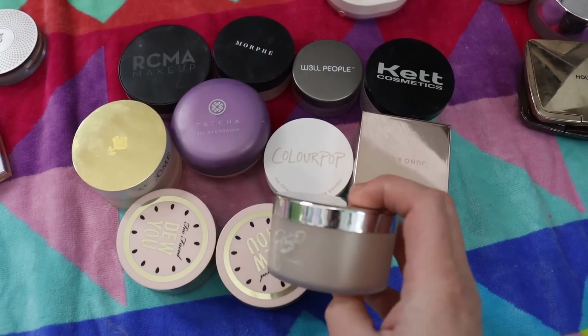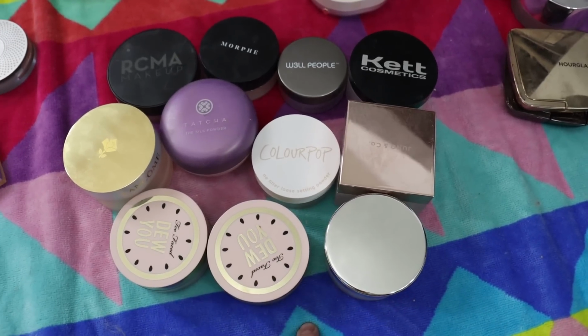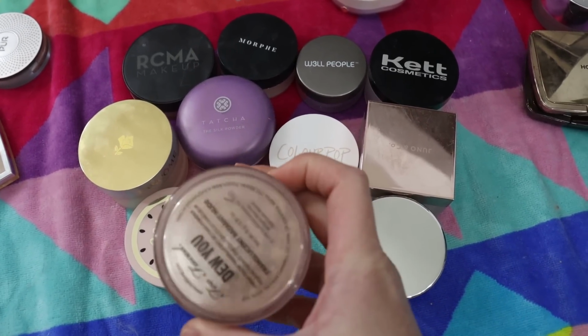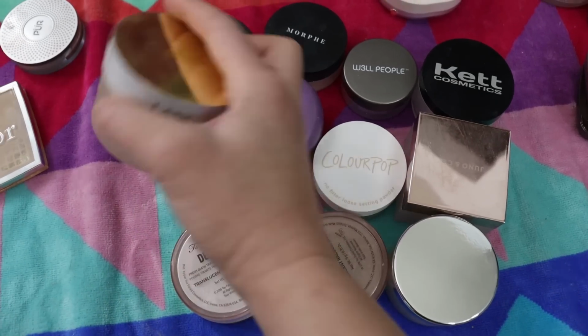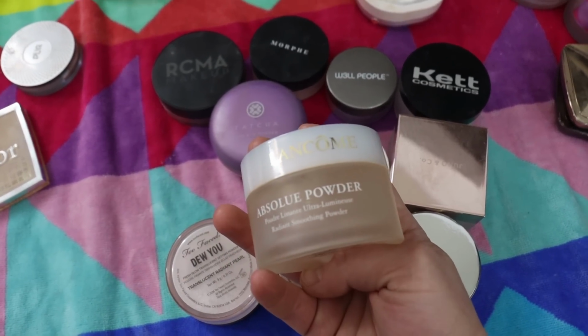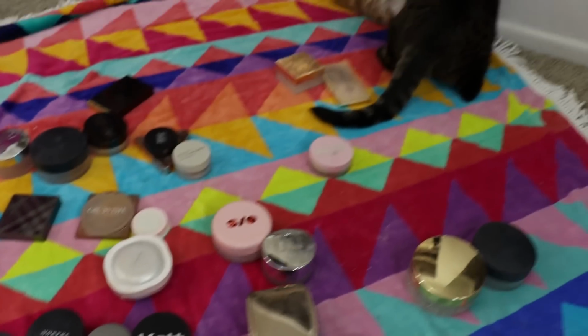So this one here is definitely getting some age. This is the MAC Patrick Star translucent setting powder. These are the Too Faced. There was like a bronzy one and a pink one, and then this Lancome powder was very, very shiny. The Absolute powder, I used that up on my neck. You guys,